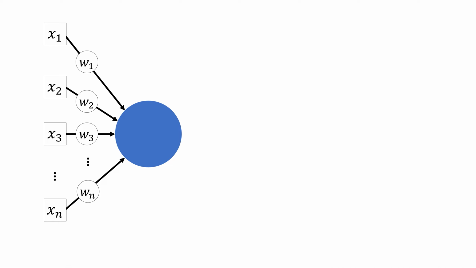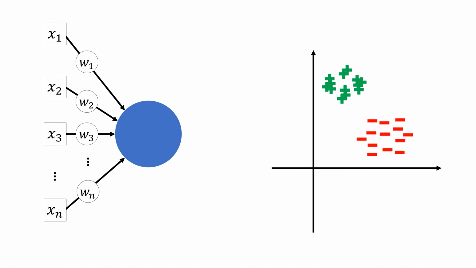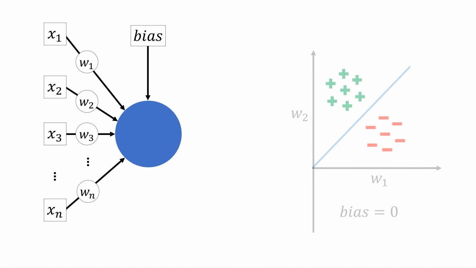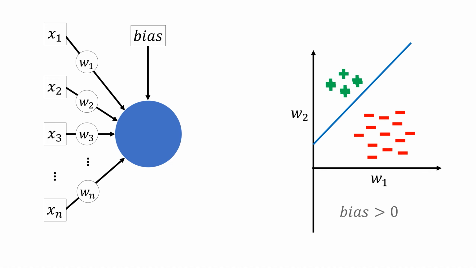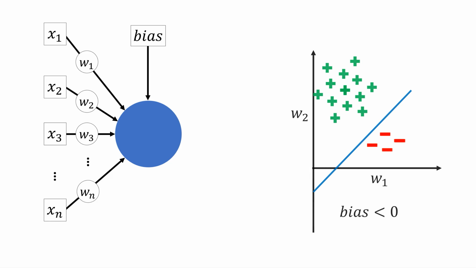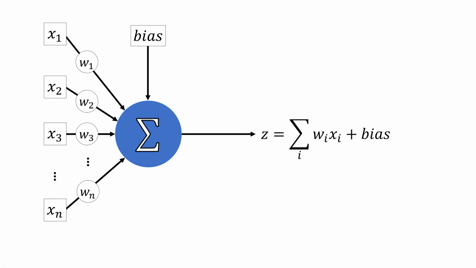Additionally, there might be other factors which are not dependent on the input but still affect the prediction quality, such as imbalances between the number of samples in each class. These factors can exist as bias in the system, and such biases can shift the decision boundary inside the sample space to prioritize one class over the other. Finally, we can say that a neuron outputs a weighted combination of the inputs and a bias.